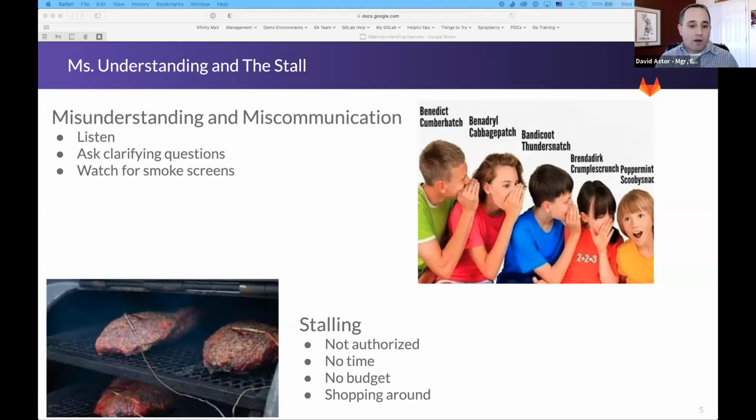Show them, as I mentioned, show them you care, because their first initial objection may be what's referred to as a smoke screen. So essentially, this is something that they're putting up, and it may mask the real objection that they're hiding. So saying something like, hey, that's an absolutely valid concern. If we were to completely address that, what other concerns would you have?